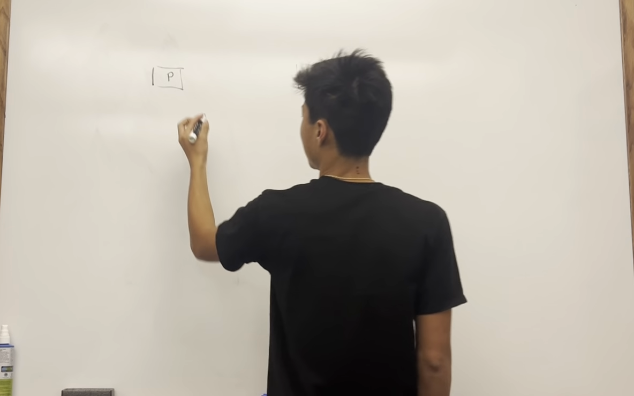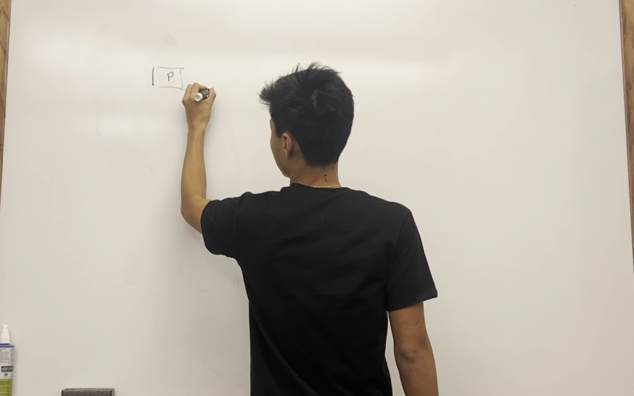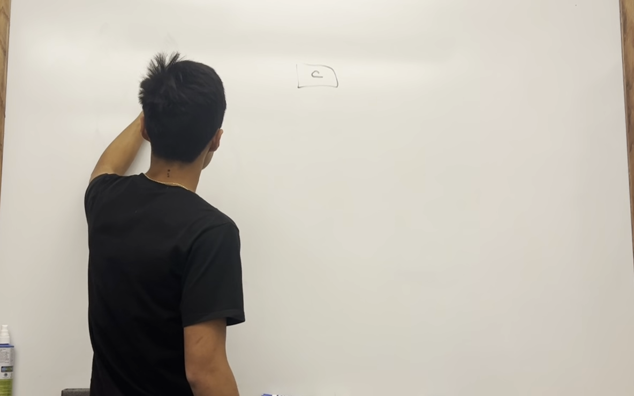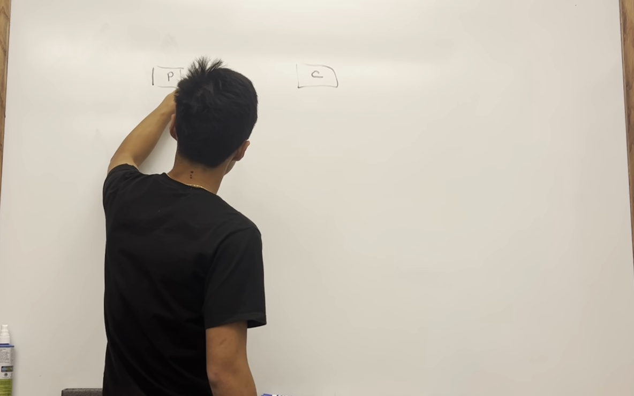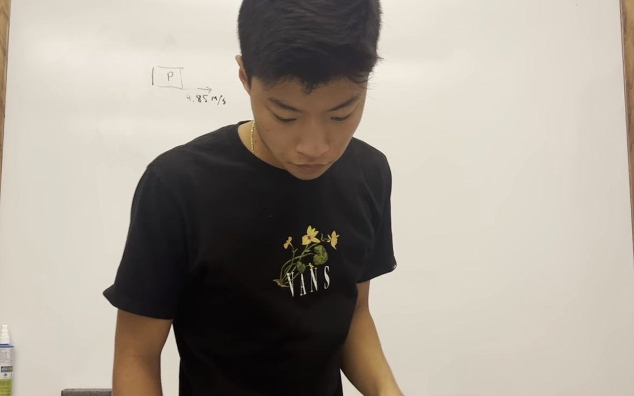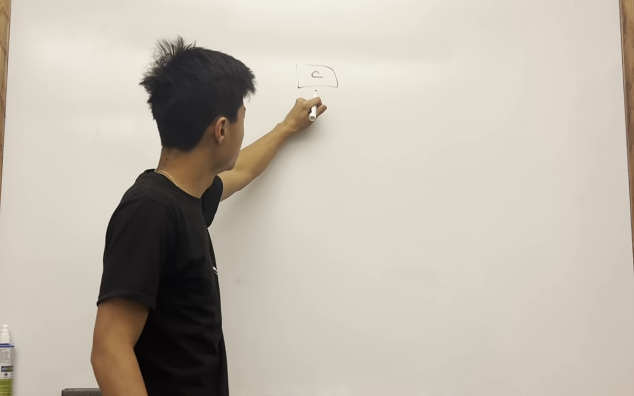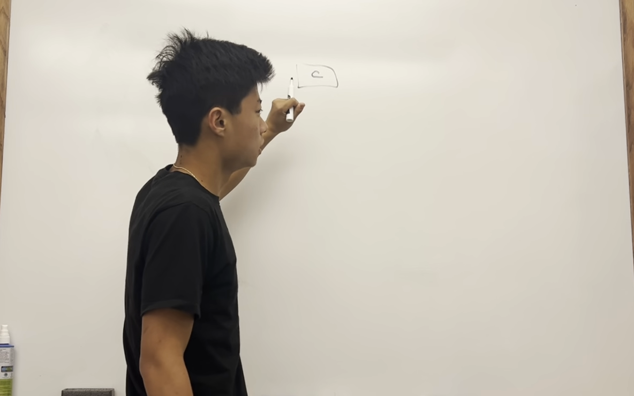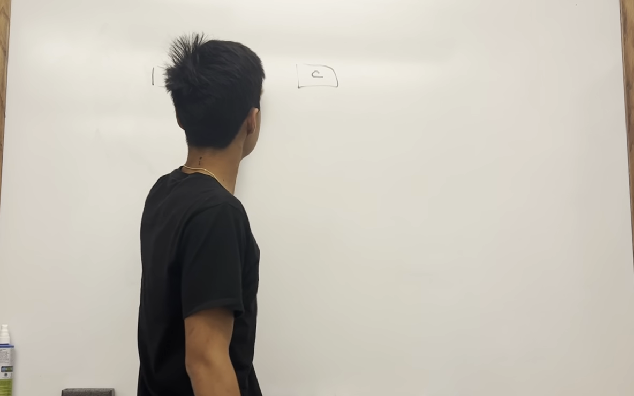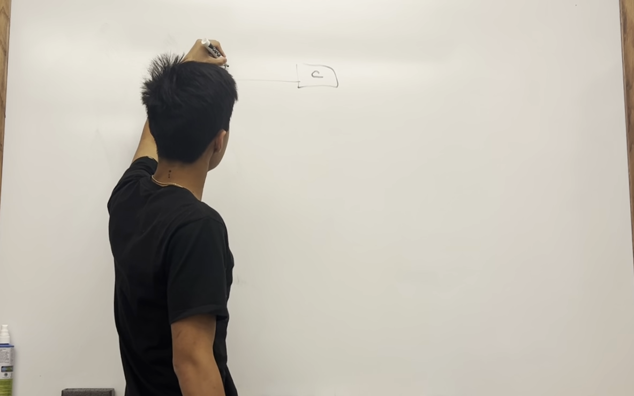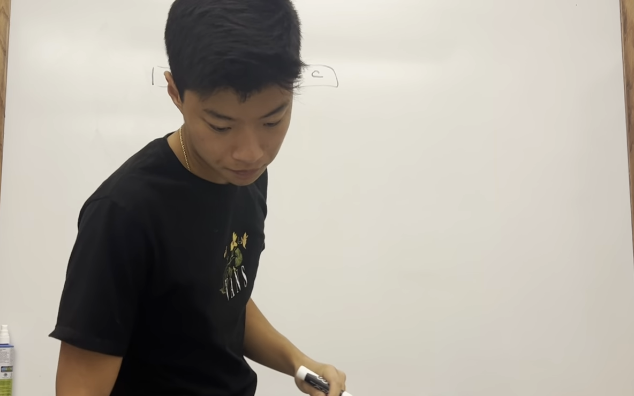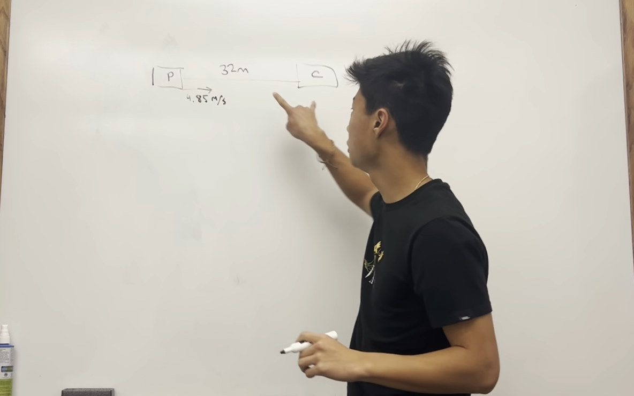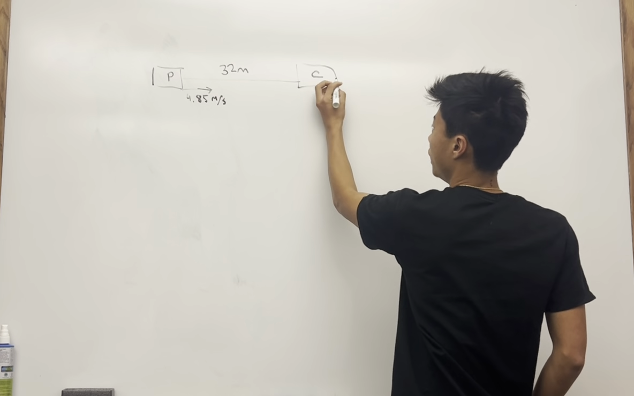The puppy is moving at a constant speed towards the car at 4.85 meters per second. Now, the toy car only starts accelerating, which means this is stationary, until this distance is 32 meters. Once this is 32 meters away, the car is going to accelerate away from the puppy